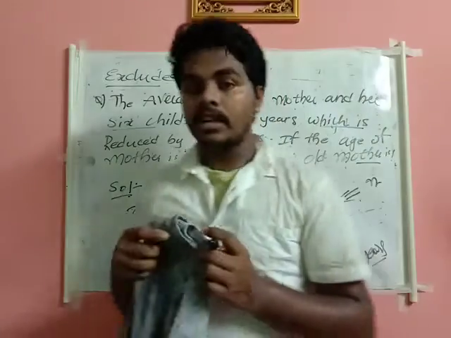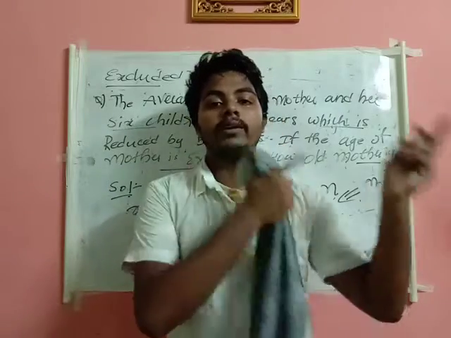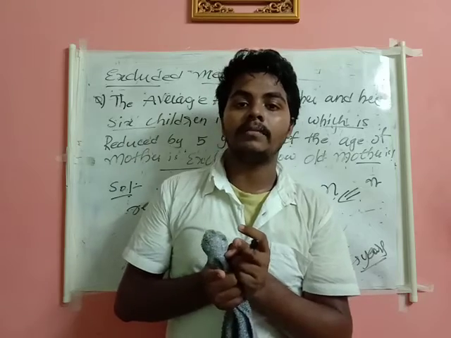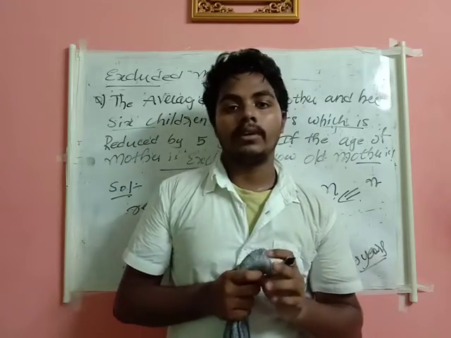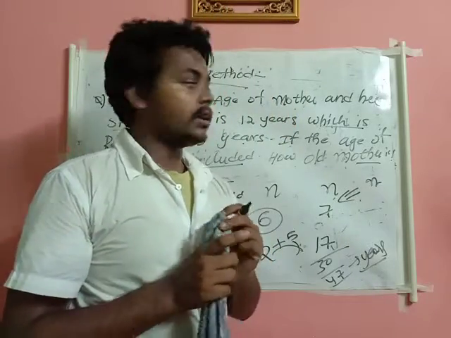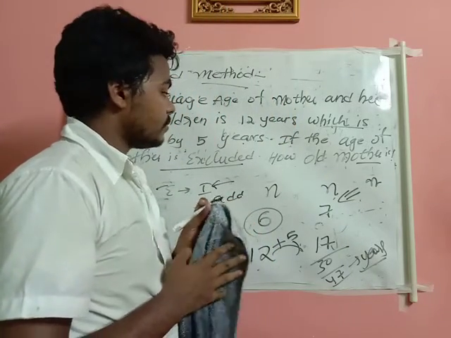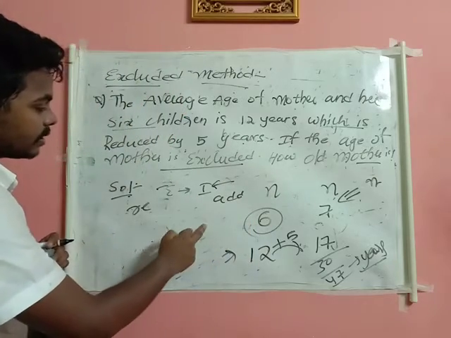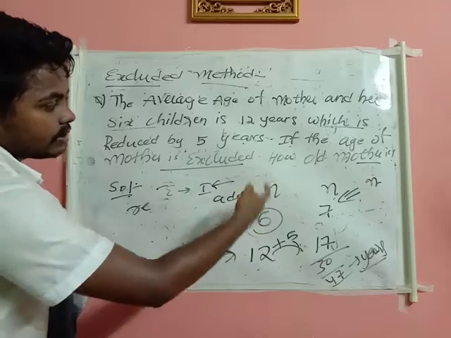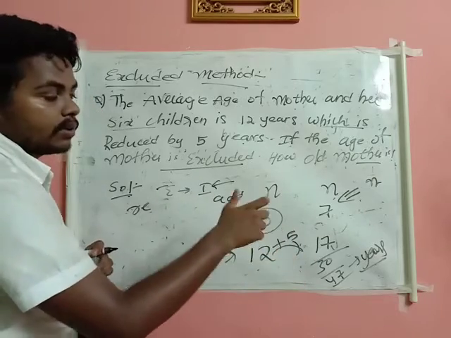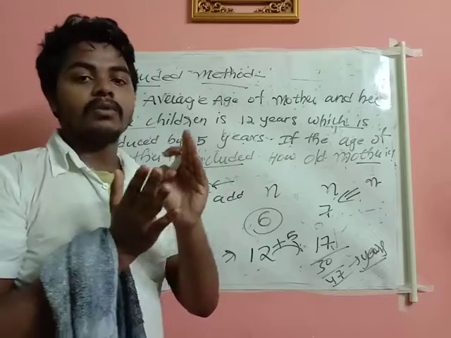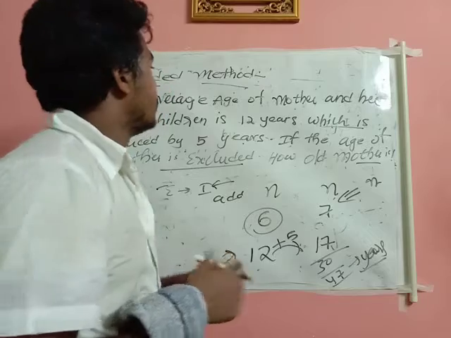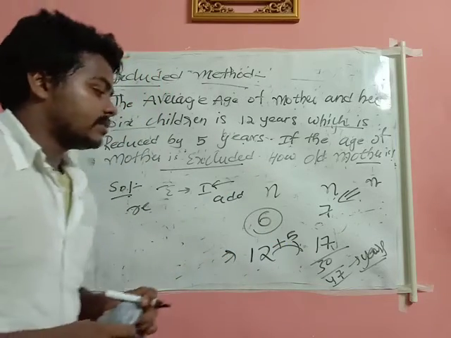So initially what should we do? The things which are going to be removed in the excluded method, the same things should be added in the included method. That is what we are going to do here, right? If you haven't understood, put it in the comment box, or else rewind the video, and you will definitely get this. What I did here is very important: how I converted excluded to included. If you get this, then the entire problem becomes easy, right? So just pause the video and write this.